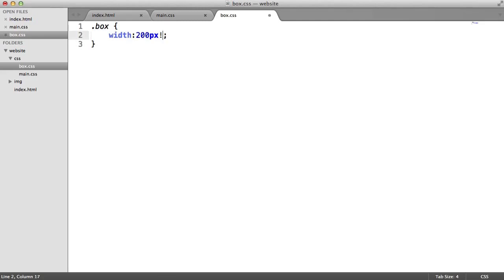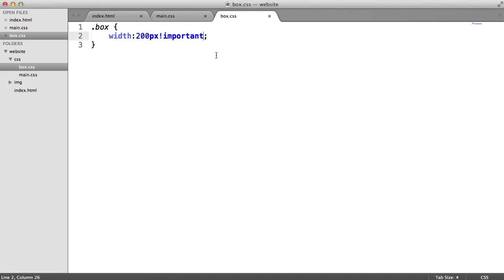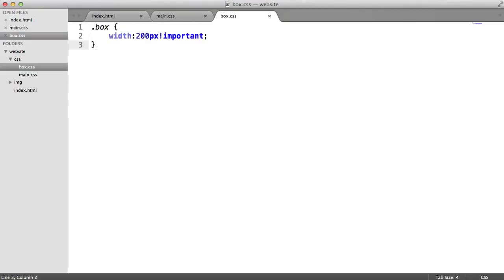What we can do is use something called the important flag. And if this is overused, you definitely have the specificity of your styles incorrect. So all this will do is it will say this style here should take over any style that we create, whether it's below or above. So now we see that this does actually take a width of 200 pixels, but this isn't great because it